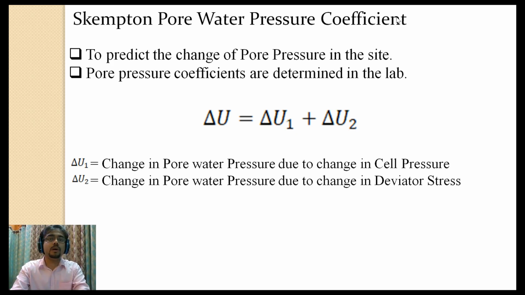And also the water pressure coefficient is determined in the lab, which has already been told. Now, how is this water pressure going to be generated in this particular test? In this case, I think it is clear that this Skempton water pressure coefficient is not valid for the drained test, because for the drained test the excess water pressure is going to be zero. We are going to get the effective stress in the Mohr circles. So we are not going to determine the Skempton's water pressure coefficient. It is not valid for the drained test. So it is only valid for the undrained test.